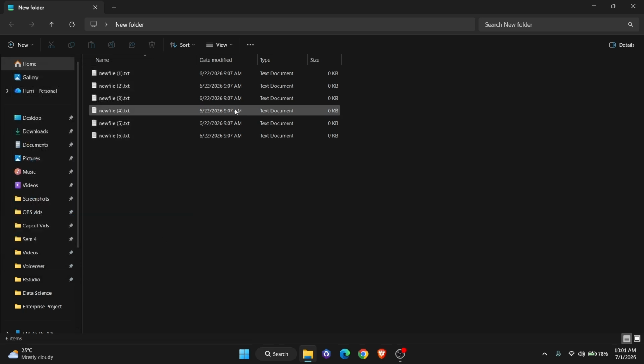Finally, keep in mind that showing file extensions is useful if you need to rename or convert files, since you can see and change the extension directly from File Explorer. That's how you change file extensions visibility in